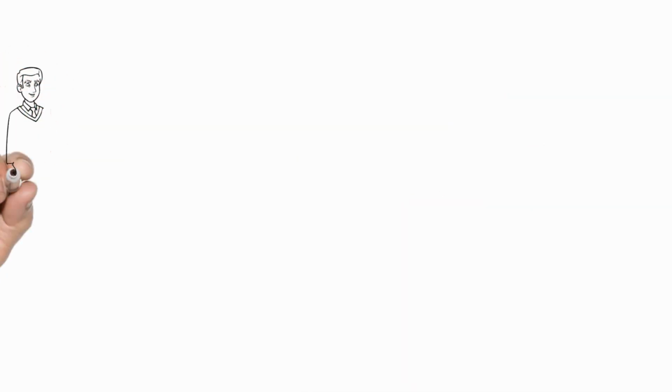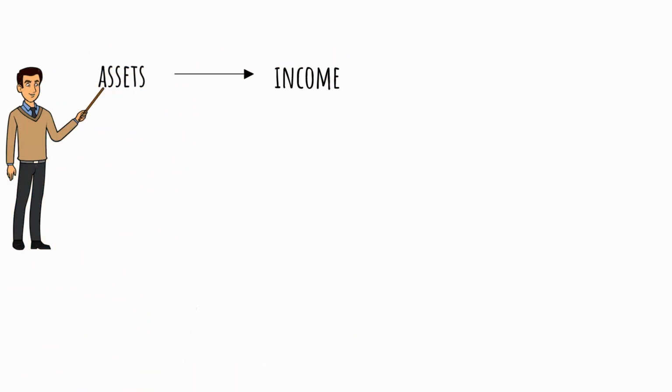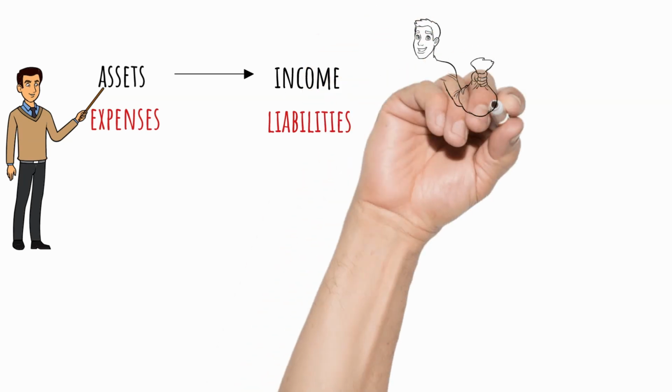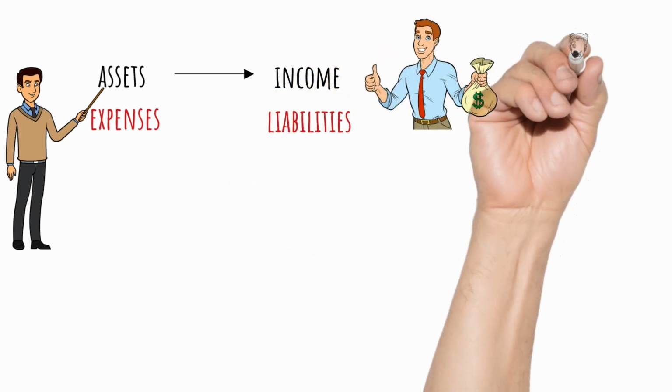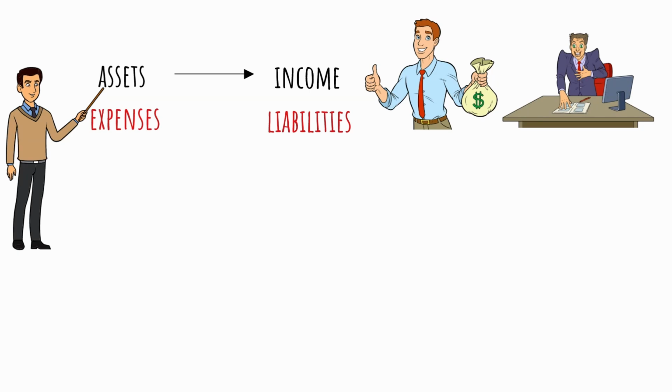It's good for you. Robert advocates that people should take any assets they have and generate income from them, then take any liabilities they might have and make them expenses for tax efficiency as the path to becoming wealthy. This is a strategy that many of the wealthiest real estate investors use.